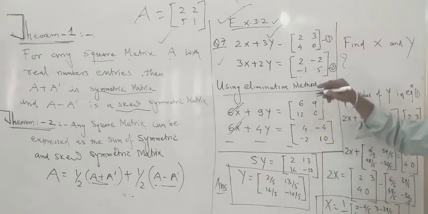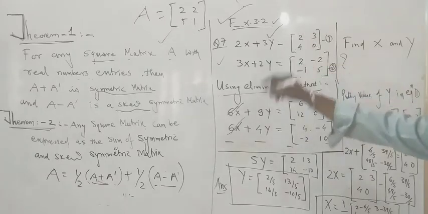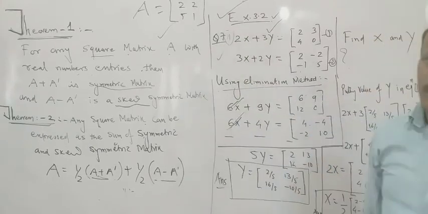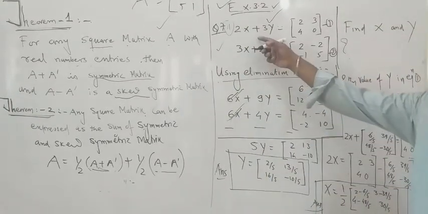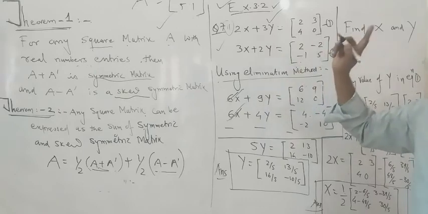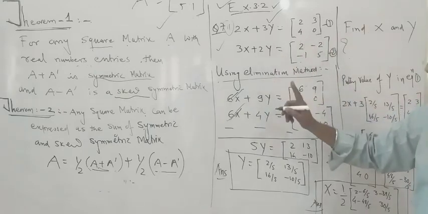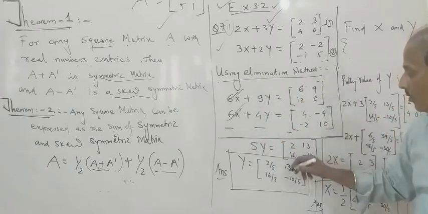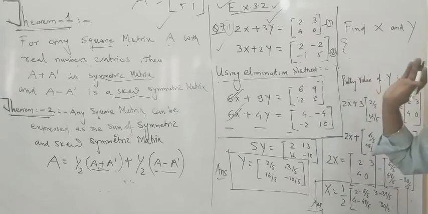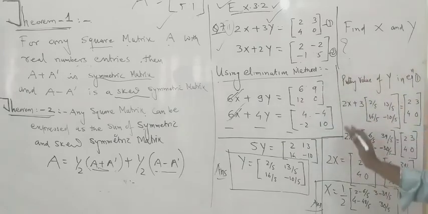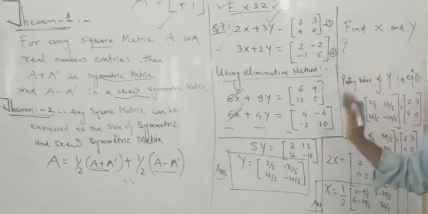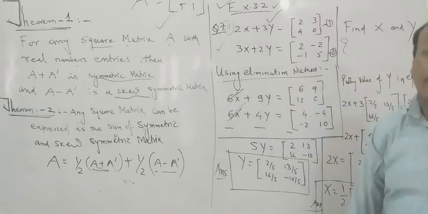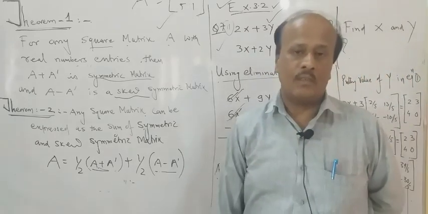This is a slightly harder question I picked up. One easy question is also in that particular exercise. This is part 2 of question number 7. Part 1 is much easier than this. And I did it with the help of the elimination method, just like 10th standard. But again I am telling you, X and Y are not variables, X and Y are matrices. So never open this matrix, leave it as a matrix only, add or subtract or use the properties of addition or subtraction of matrices, automatically you will get the answer. So this is one important question. Some more important questions we will be doing in a coming session. Thank you.